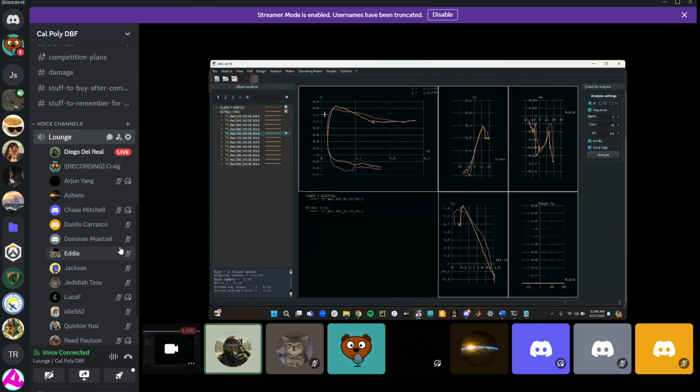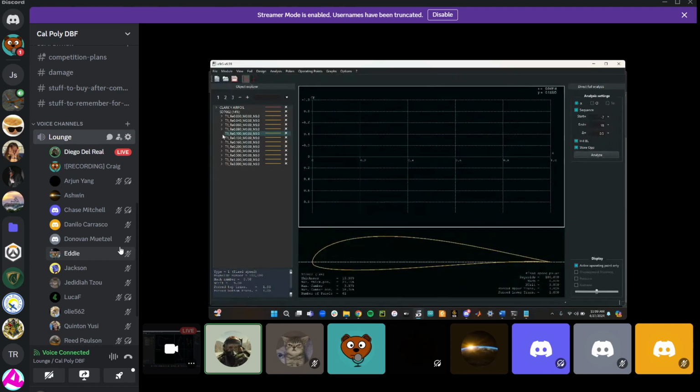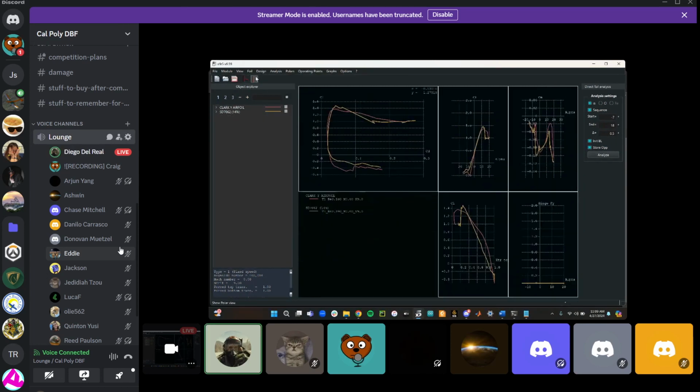But this is good. We've now performed 2D analysis for our airfoils. We have plots. We have data. We can now work on some stuff. Another cool thing you can do if you save your operating points is open up one of the runs. So let's do the Clark Y. Do you guys see this other tab? So I switched between this one and